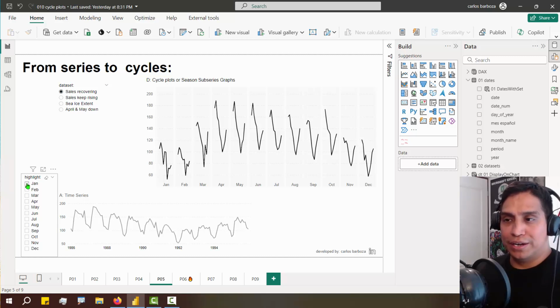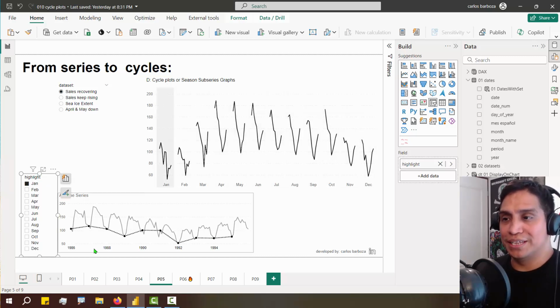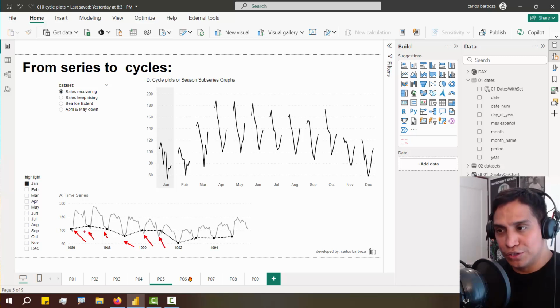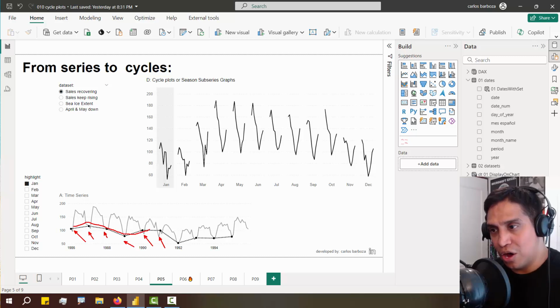So now let's click on January, for example, and now we can see that the January values are being highlighted, and you can see them right here, right here, right here on every year. Now this is interesting because, as you can see, look at the pattern. It goes up a little bit, then down, and then up and down, down, hitting the lowest point in 1992,